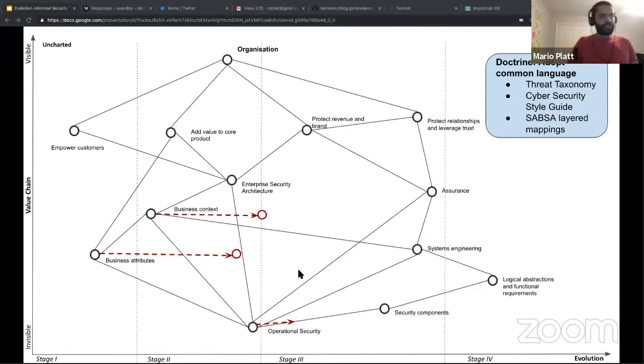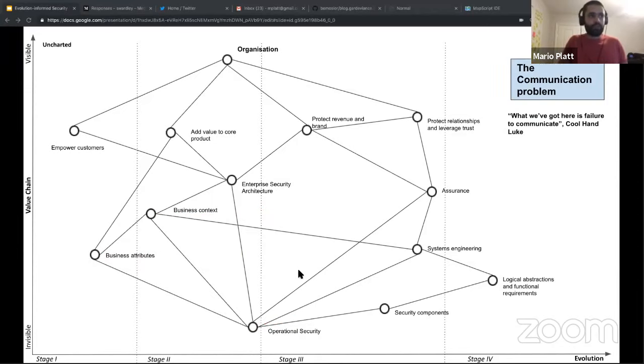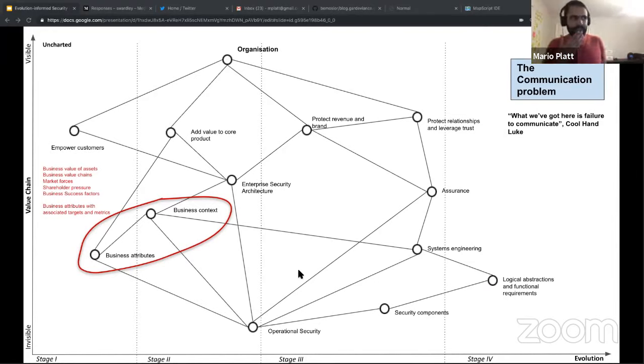So what I'm saying is, once we start adopting some common language, then hopefully not only the business context, but the business attributes we are using are going to evolve. Okay, and that's what we are aiming to achieve. So in terms of what the actual communication problem is: